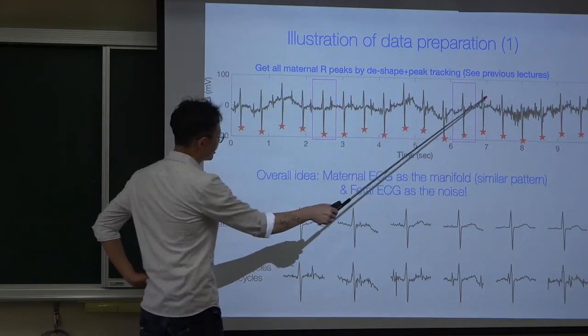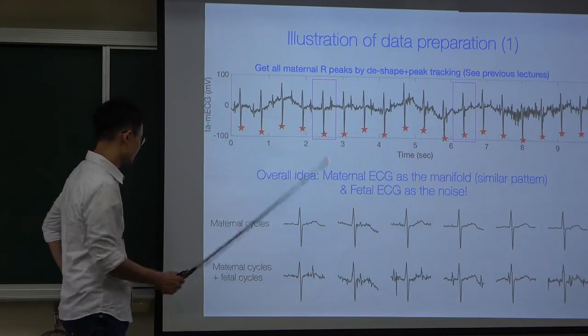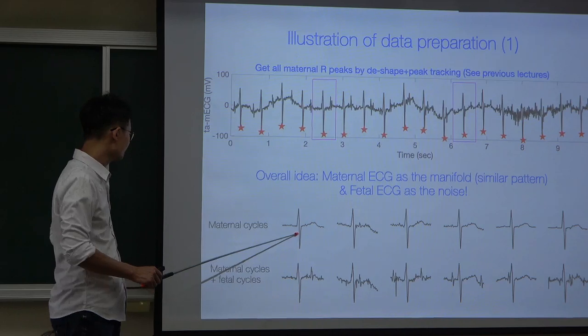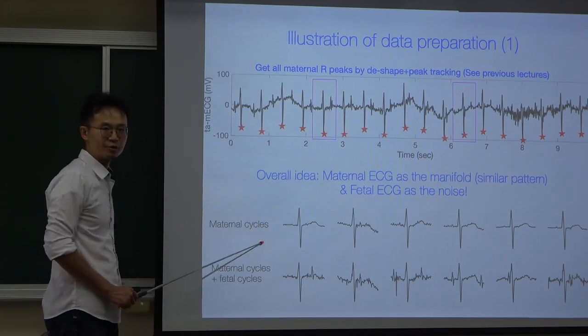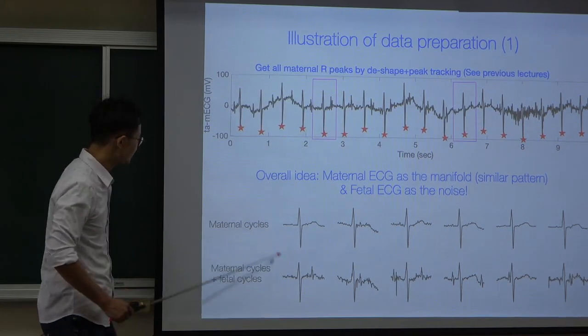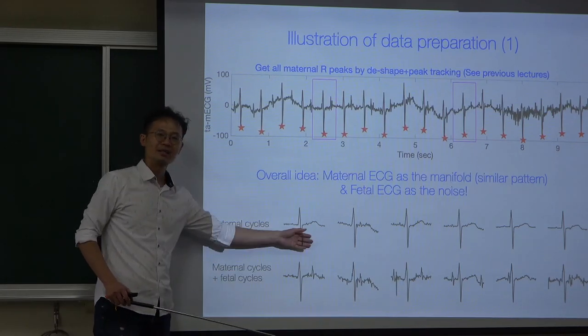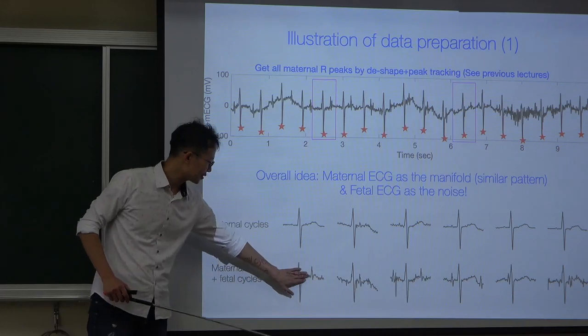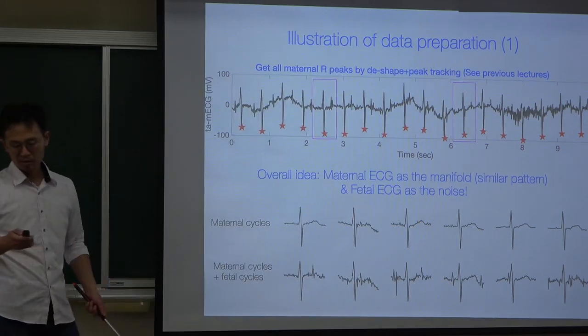truncate the signal into pieces, then that is how the signal looks like. But underneath, that is what we have interest in, the maternal cycle. As you can see, if we have the maternal cycles recovered cleanly, then we can get the fetal ECG back. Overall,